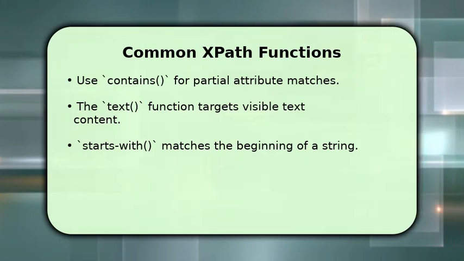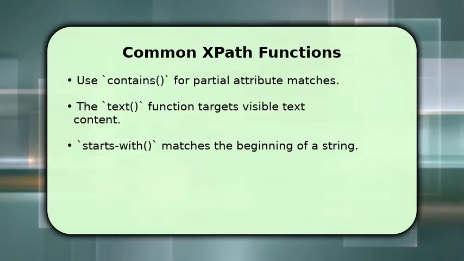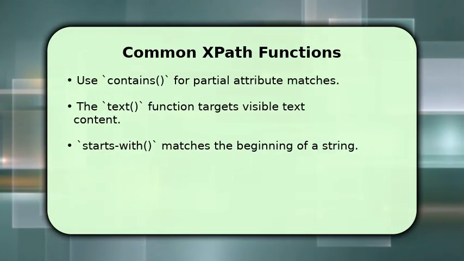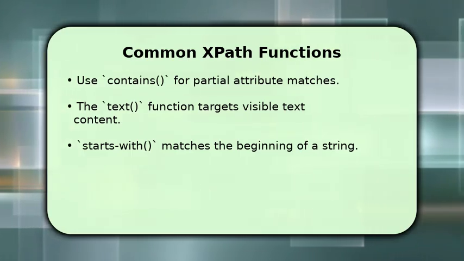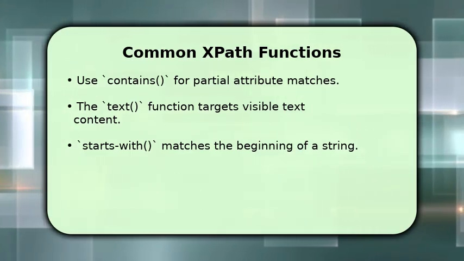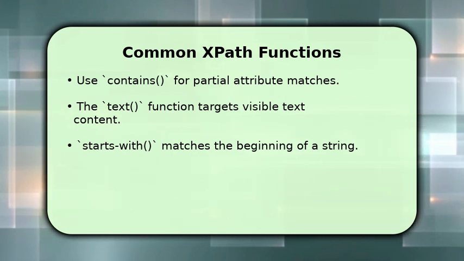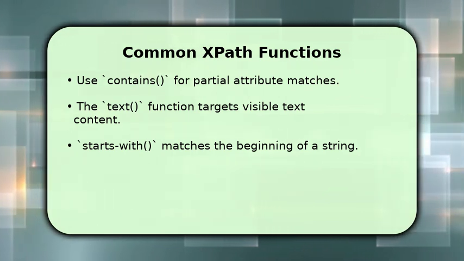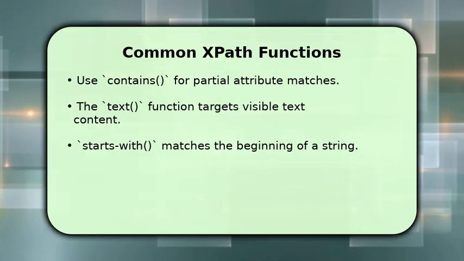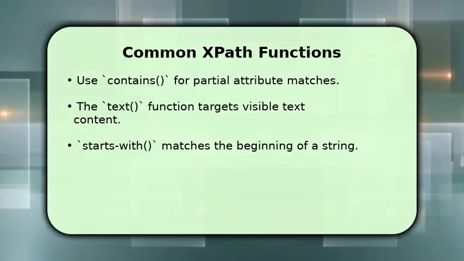Now, let's dive into some powerful XPath functions that enhance your element location capabilities. Functions like contains, text, and starts-with allow for more dynamic and precise targeting. These are incredibly useful when attributes or text content might vary slightly, making your locators more adaptable and less prone